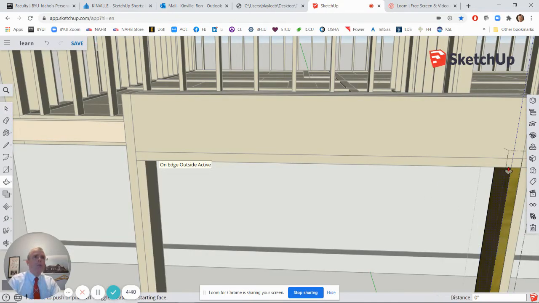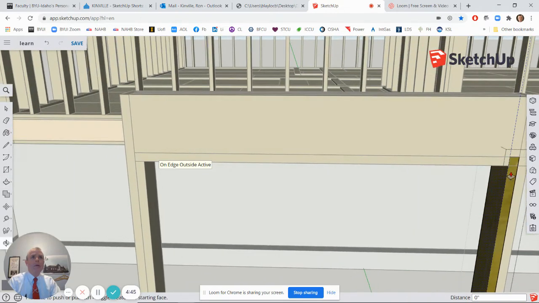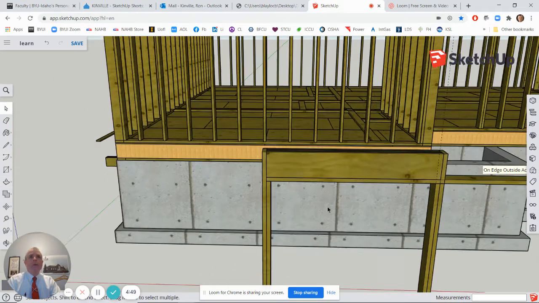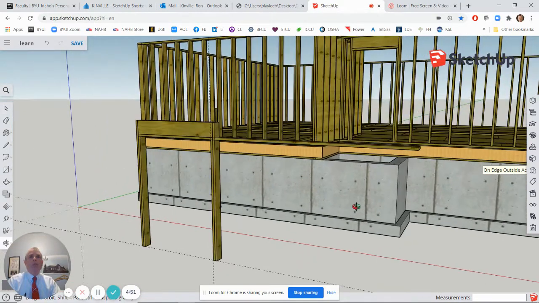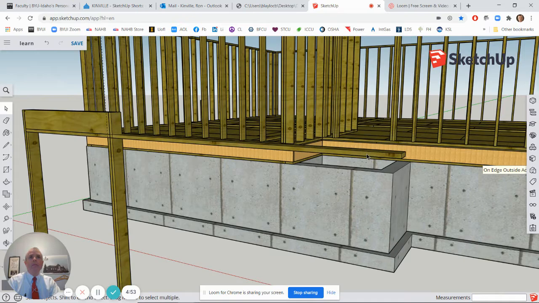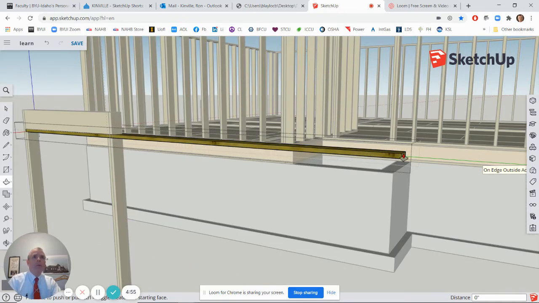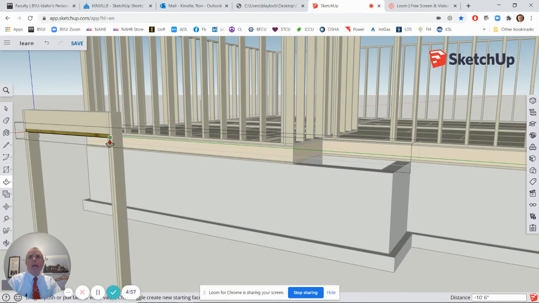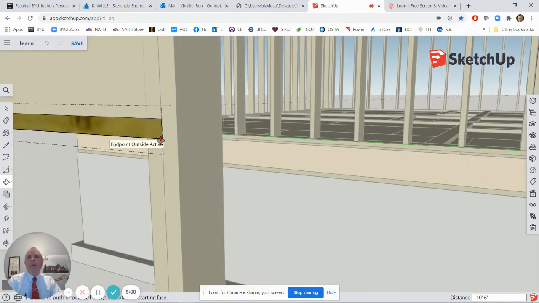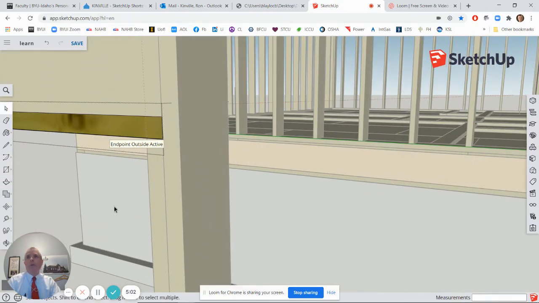And I'll push this one down to the bottom of the header. And now I need to just shorten that horizontal piece and move it back where it's supposed to go. And I think we've got it sitting right where it's supposed to go. Okay,